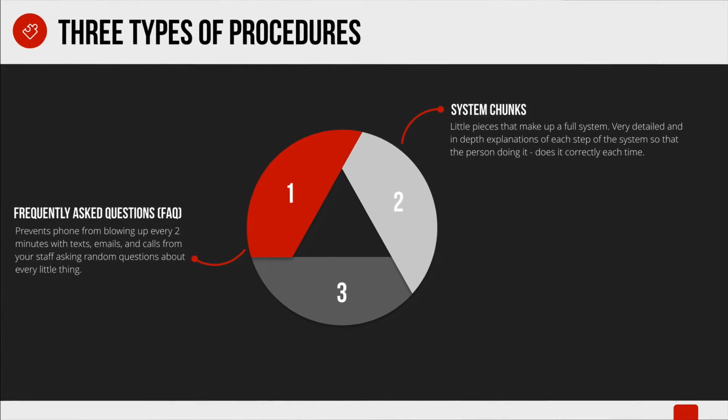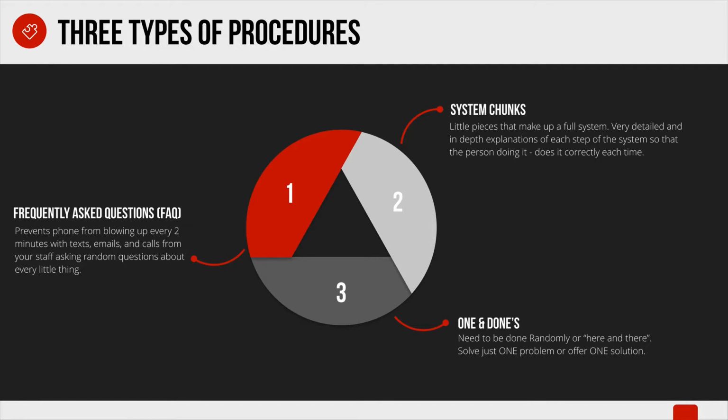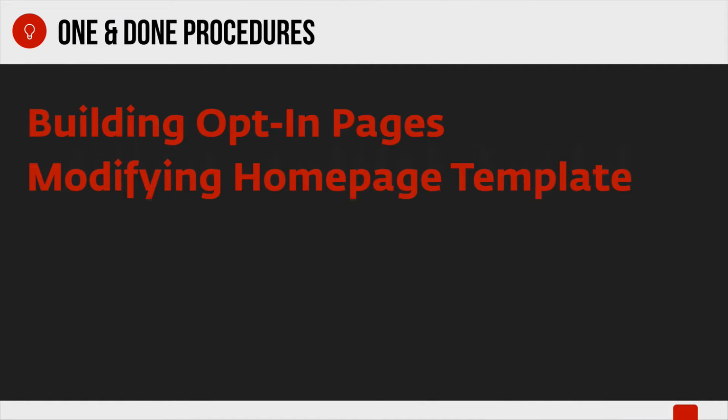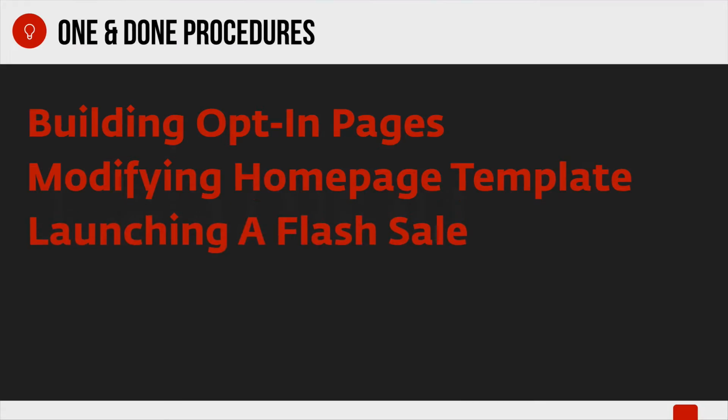Finally, we are at the last type of operating procedure you need in your business, the one and dones. They're called this for good reason. You only need to do them here and there, and each one usually solves just one problem. Examples of these procedures are building opt-in pages, modifying a homepage template of your website, launching a flash sale, or